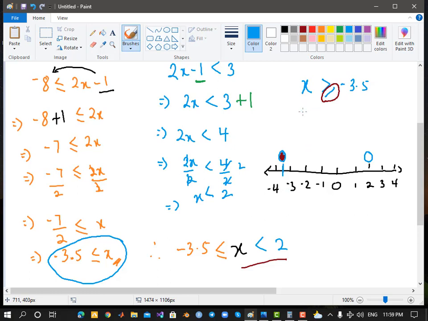Now when you look at the direction of this, x is less than or equal to, is greater than or equal to negative 0.5. X is greater than or equal to, it means that when you take negative figures, the smaller the figure of a negative number or integer, the bigger its value than the one that is coming next after it. So when you look at an example like negative 2 and negative 1, negative 1 is bigger than negative 2. I mean, who will be owing 2 as compared to somebody owing 1?